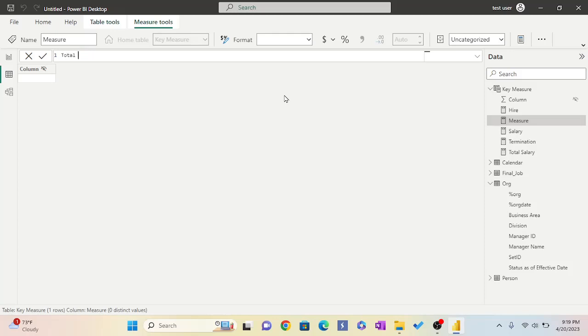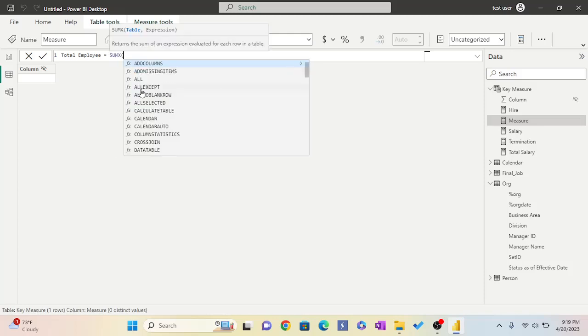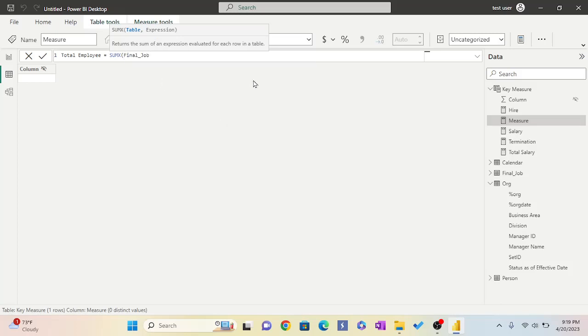Total employee is equal to SUMX final job, comma,